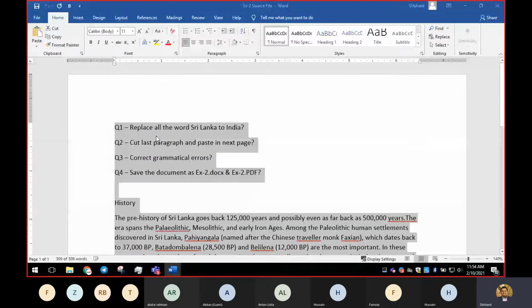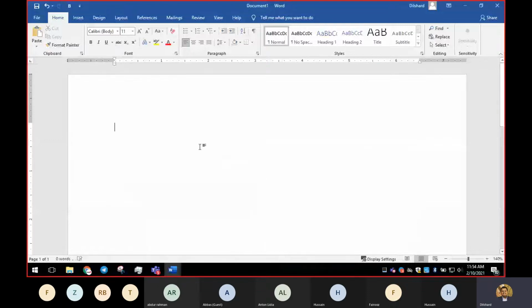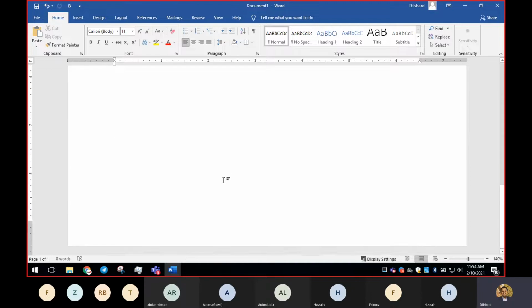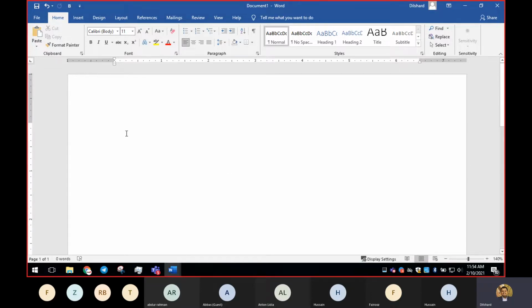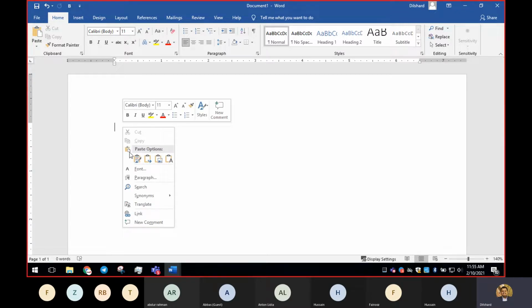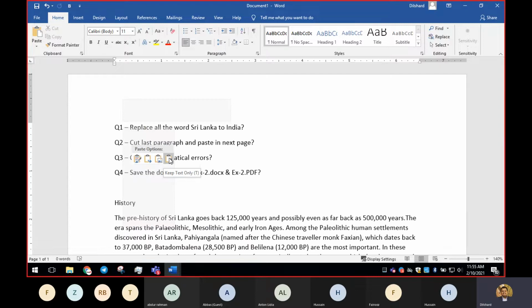And then after opening a new document or wherever you want to paste, in today's session, I'm going to paste it in the brand new document, which has no contents. So I'm going to paste it by pressing Control V. Right click, you have more options here that you can select. If you select the last one, that means you're willing to have only the text.